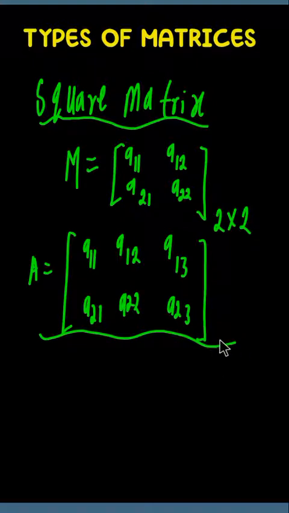This is what we call a 3 by 2 matrix. So you can't call it a square matrix because the number of rows and the number of columns are not the same. But you can call this, let's say, matrix A,